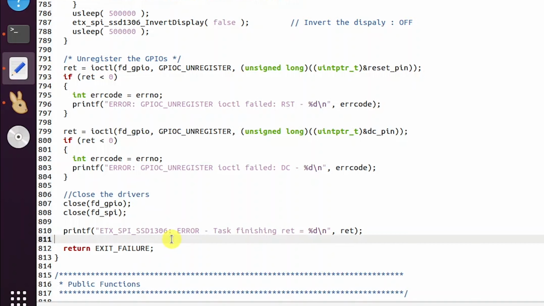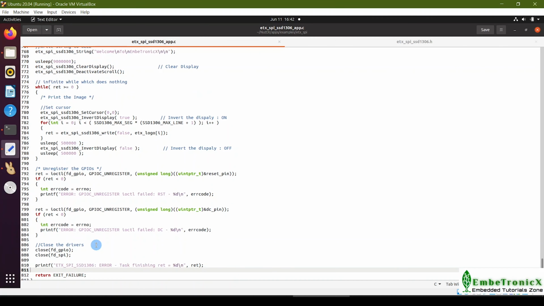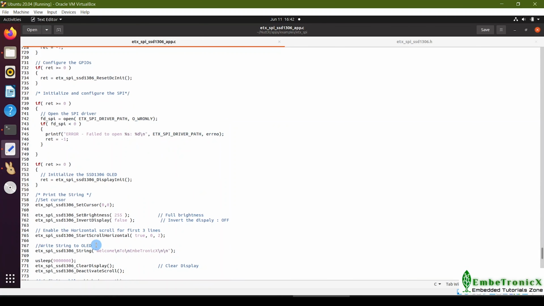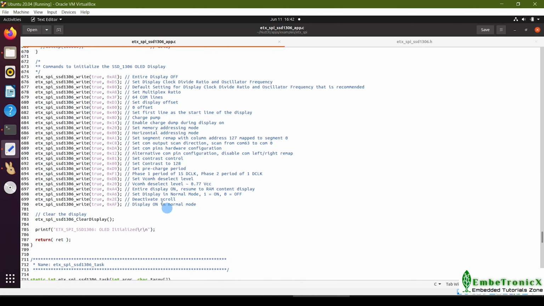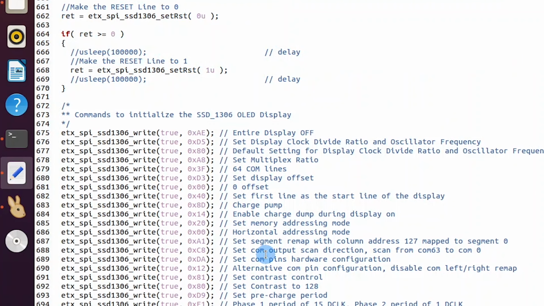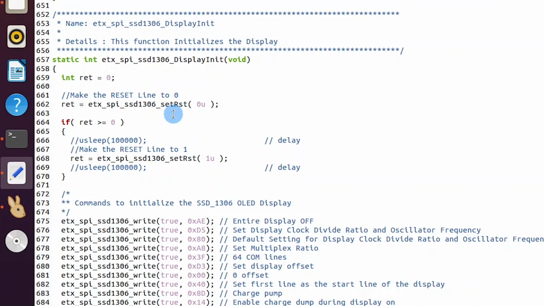The other functions of this file are just implemented based on the OLED commands, so you can understand them easily. This is the OLED init function where we send a few commands to initialize the OLED.